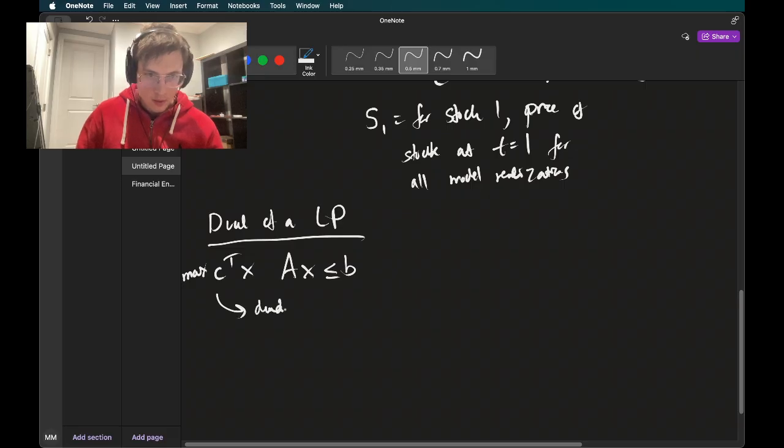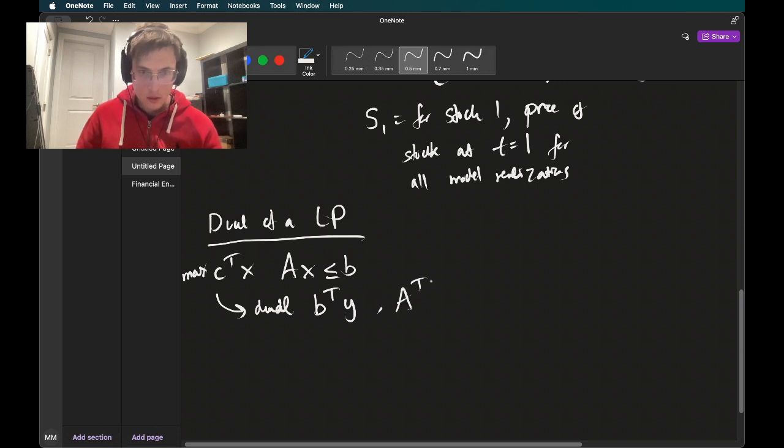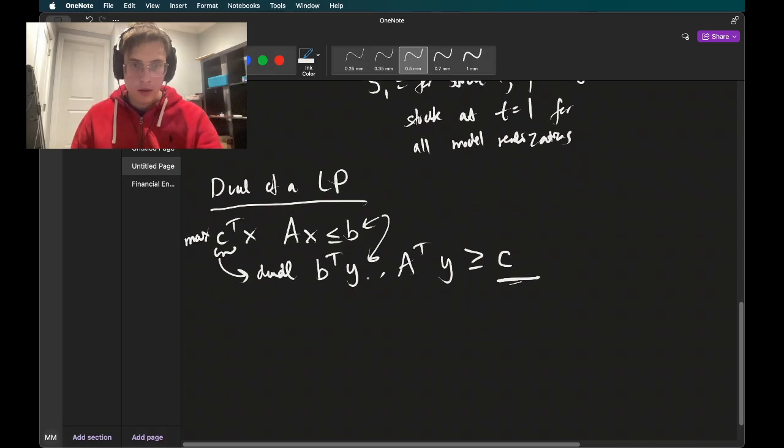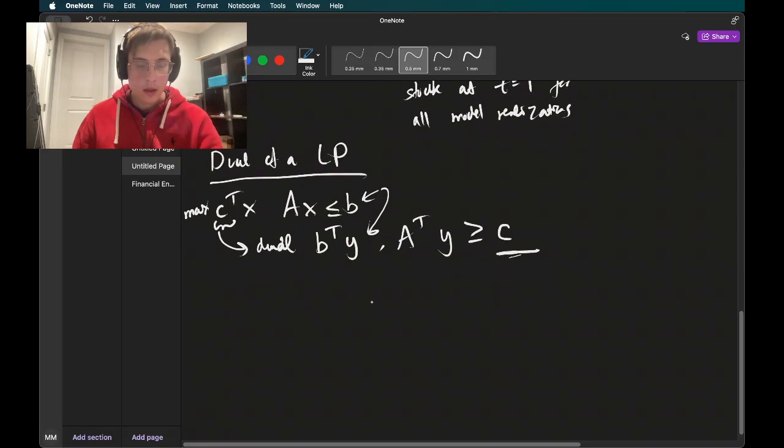is minimizing b transpose y, where A transpose y is greater than or equal to c, right? So you can see this thing here moved over to become our constraint, and then this thing here, the constraint, became the thing that we multiply by. And it turns out these two linear programs are very related, and actually